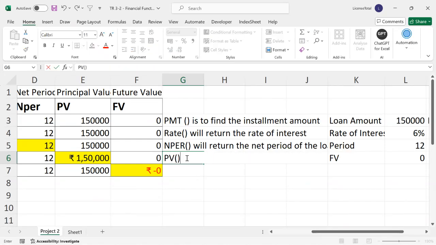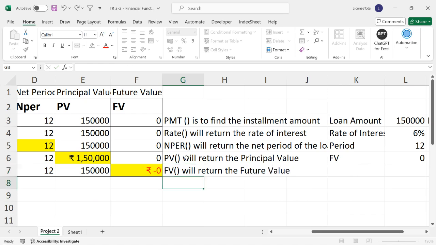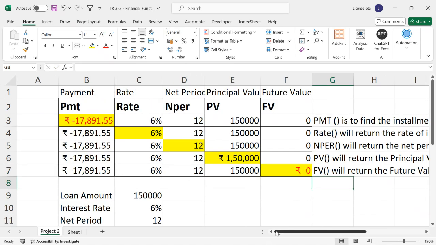The PV function will return the principal value. The FV function will return the future value. This is crystal clear to you. Now,